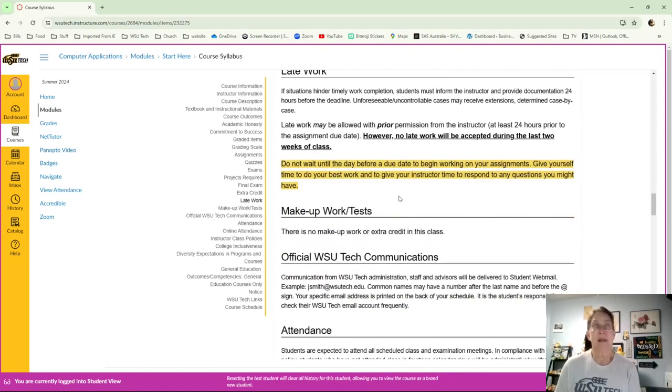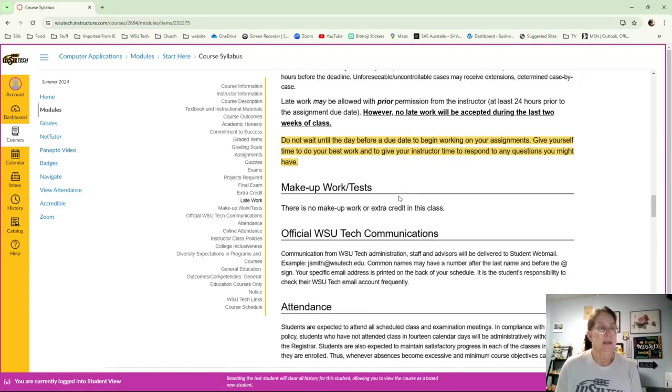All of the assignments for my class are due on Sundays, except for the last week, because the last day of class is Friday. So that's when the assignments are due during the last week of class. Some weeks you'll be able to get everything done in a Sunday afternoon and evening. Other weeks you're going to need more time. So make sure you start on Mondays working on your assignments and work a little bit each day. That way if you have questions, you have time to send an email to your instructor and get an answer back. Just don't wait until the weekend to get everything done.